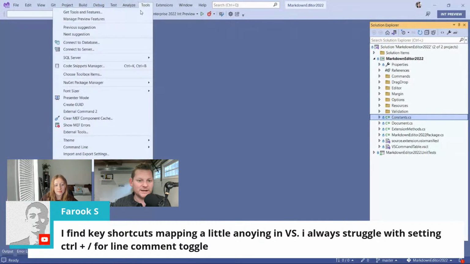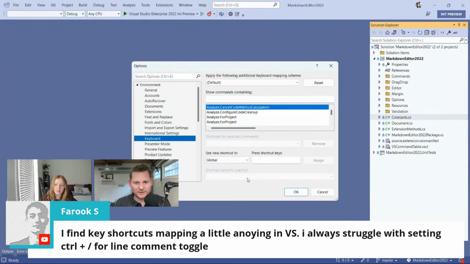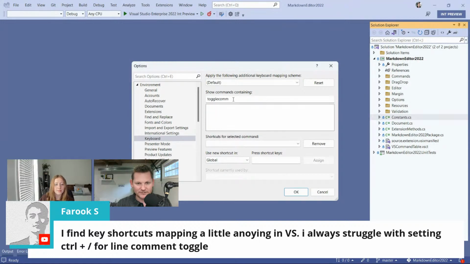But we can do something. So it's Control Alt for that feature. I believe it's Control Alt. So we can search for it here. So toggle comment. So I can just search for toggle comments or toggle